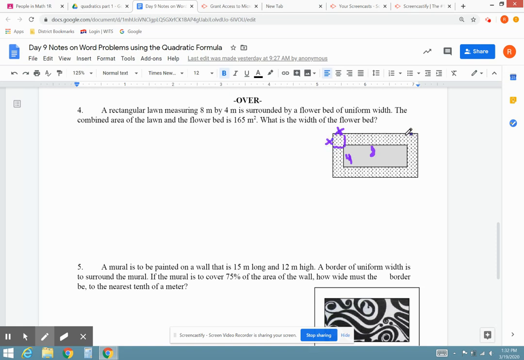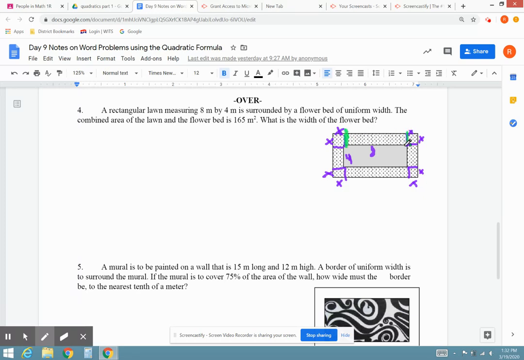Okay, so in each of these corners, I know the length and width here is x. So that would be x, and this would be x, and then that is x, and then this is x, and this is x, and this is x. Okay, so this area here would be x squared, right? If I was going to find it. So let me switch colors here. This from here